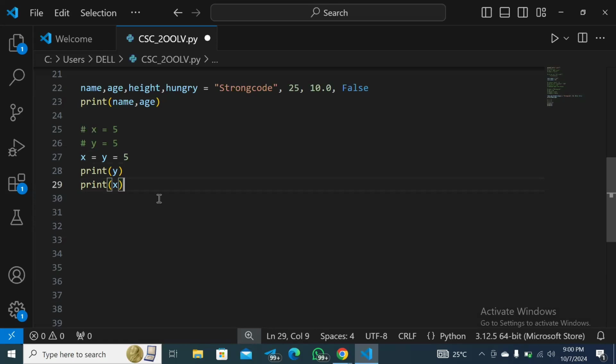Okay, let's do some other thing. Let's try to modify a variable. What is modifying a variable? It is changing the value of the variable, or adding something to it, or removing something from it. For example, we have x is equal to 5 here. We can now decide to say that this same x should be equal to,